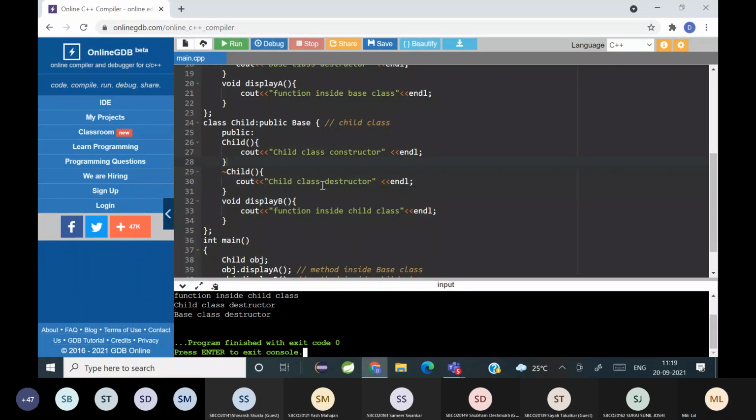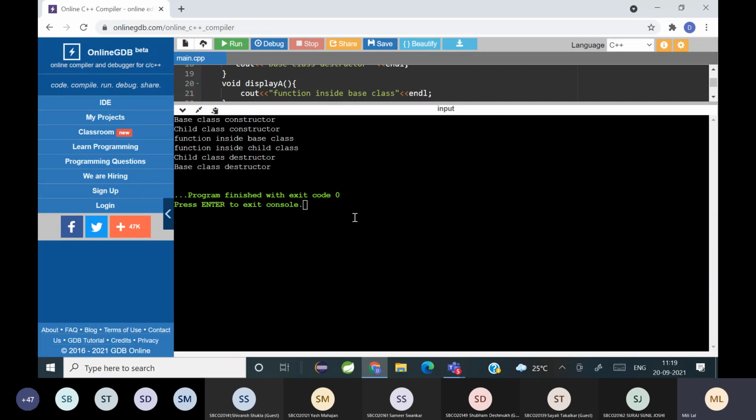Can you see the output? So what is happening? The constructor of the base class is called first, and then the child class constructor when you create a child class object. But when the scope is over, first the child class destructor is called, and then the base class destructor.